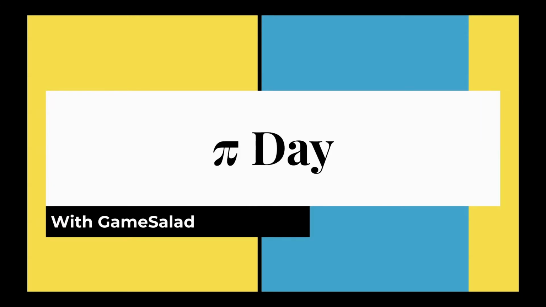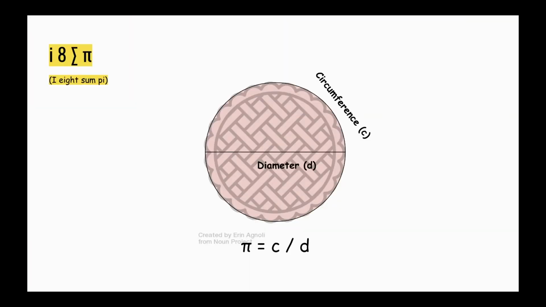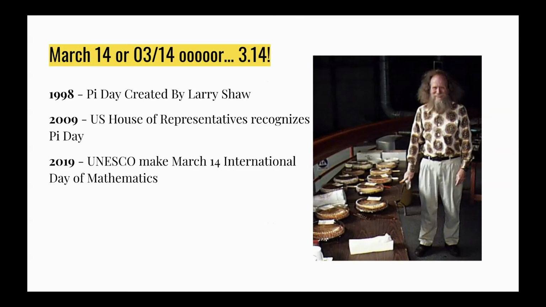I thought it would be a good day to show a fun way of calculating pi using the GameSalad engine. Pi is the ratio of the circumference of a circle to its diameter. The first three digits of pi are 3.14, so you can see why Pi Day is March 14th, or 0314. It was created in 1998 by Larry Shaw as a way to promote mathematics understanding. In 2009, the US House of Representatives recognized Pi Day officially, and in 2019, UNESCO made March 14th the International